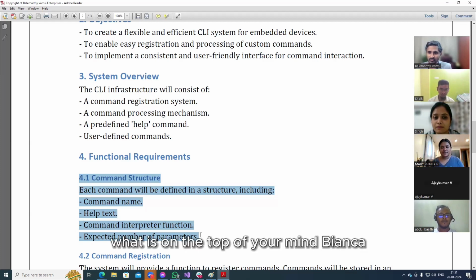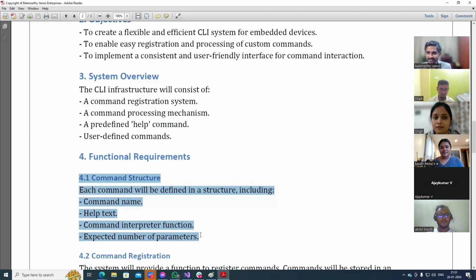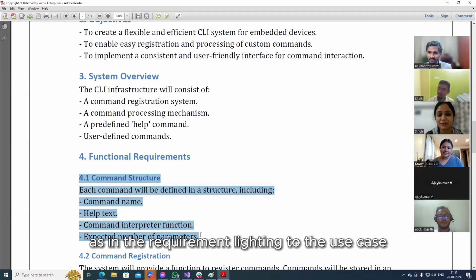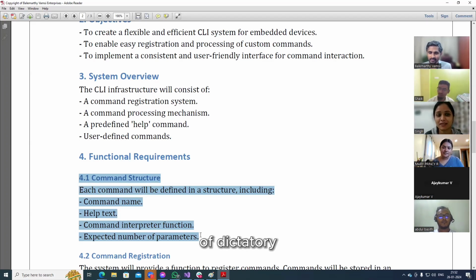What is on the top of your mind, Priyanka? I'm trying to recollect what I thought in the requirement writing for the use case, but you are explaining it.